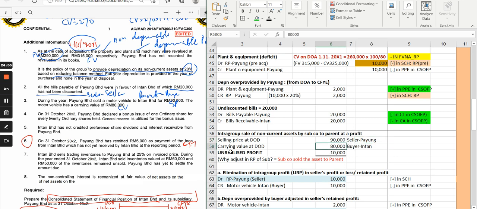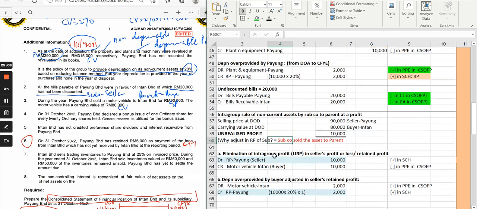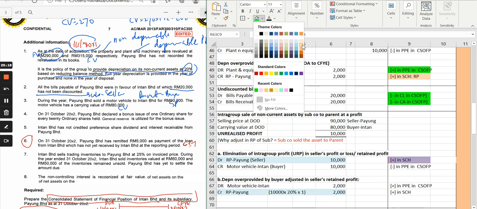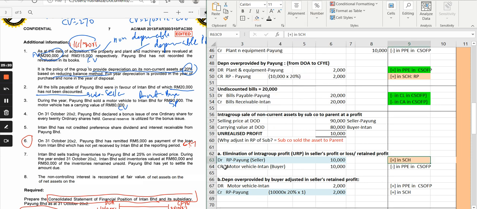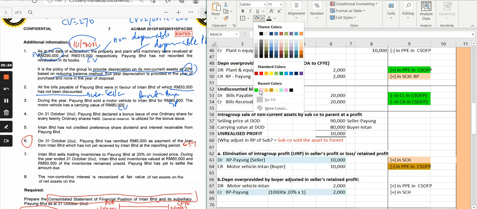And the difference between carrying value and selling price on the date of disposal, you need to adjust as unrealized profit. You need to adjust in the subsidiary because the subsidiary is the seller. So you will adjust in the subsidiary retained profit later in the schedule. How? Debit retained profit of Payung. So when you debit retained profit of Payung, you need to adjust in your schedule. And when you credit motor vehicle, you need to adjust in your